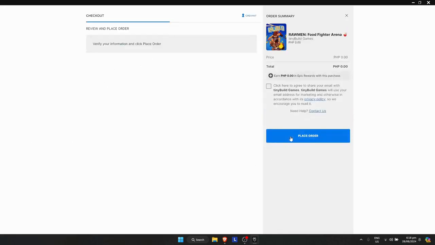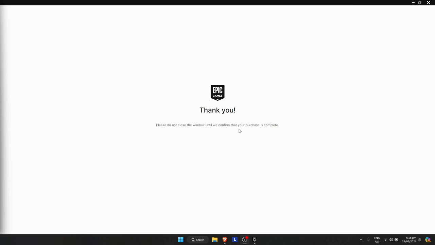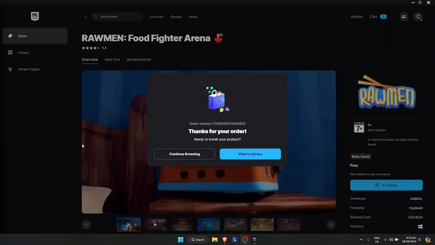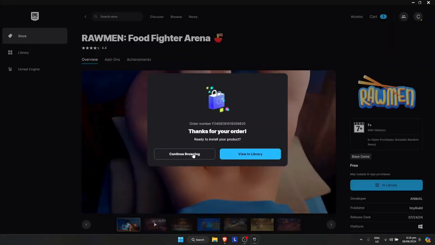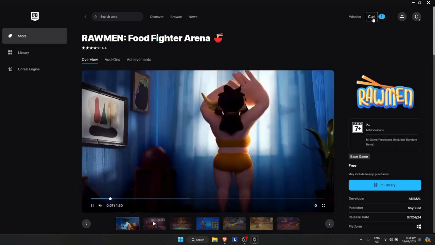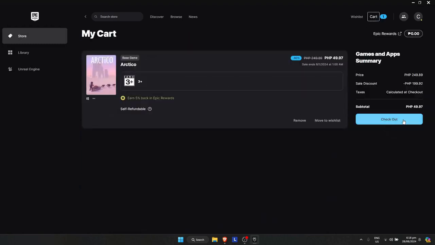So now you just simply click on place order right there. You could also click here to share your email, but for me, I'm just gonna go with place order. Now, as you can see, it says thank you, and it will automatically add the game in your library. So let's go back to our cart and check the game that we've added. Put the games right here, and once you're here, just simply click on the checkout right there,